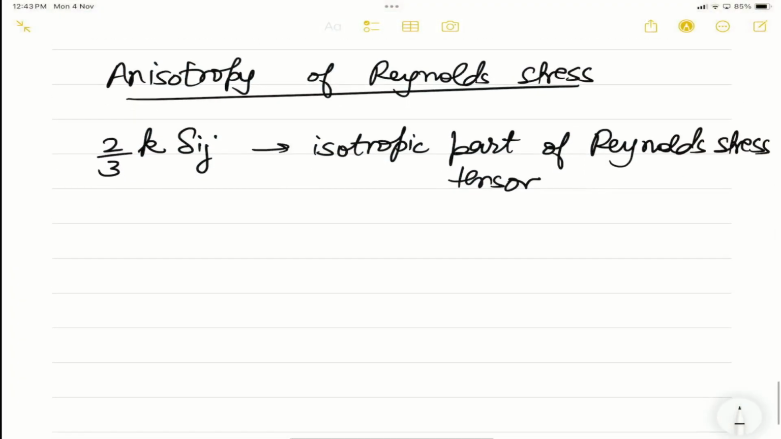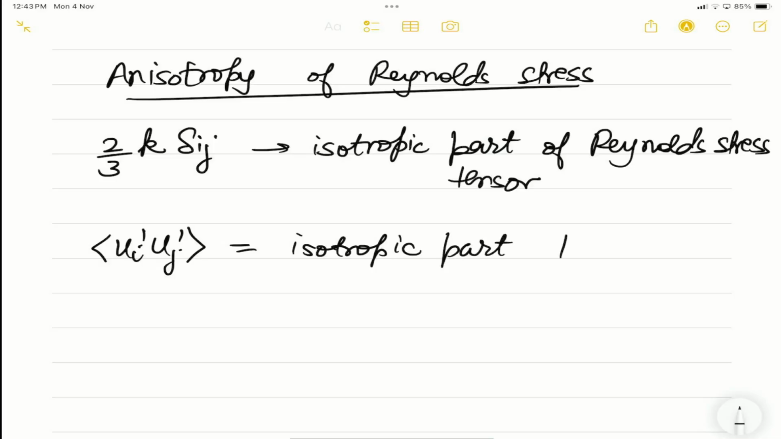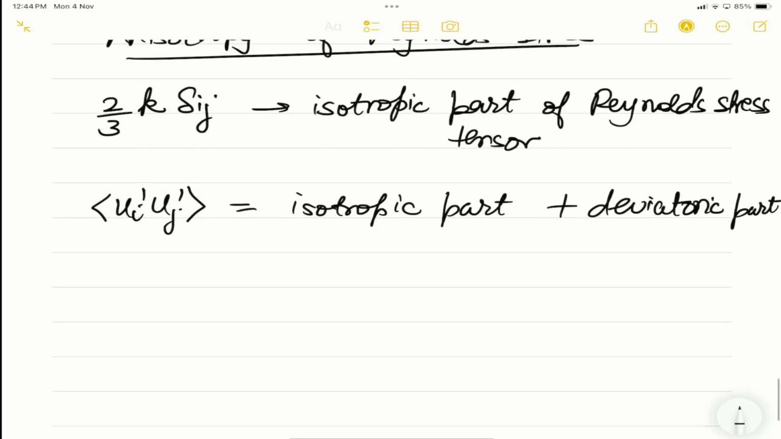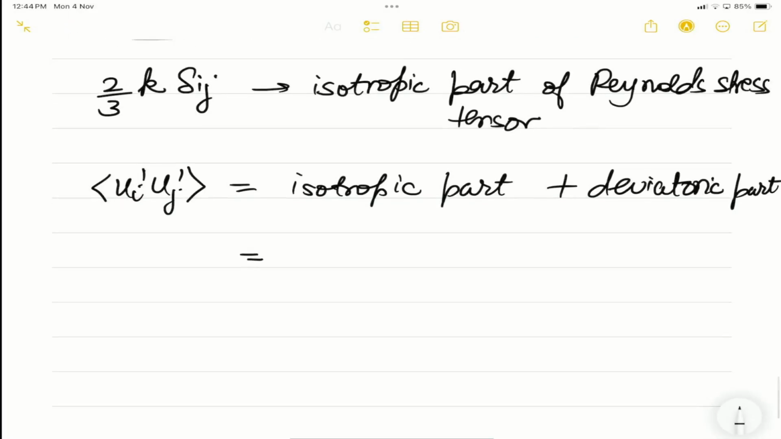So that means we can write ui prime uj prime as its isotropic part plus the deviatoric part. So we can write it as equal to